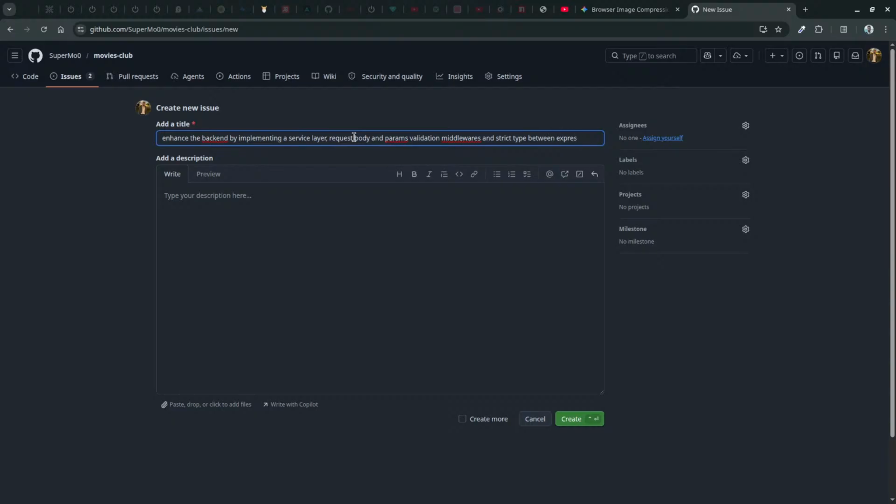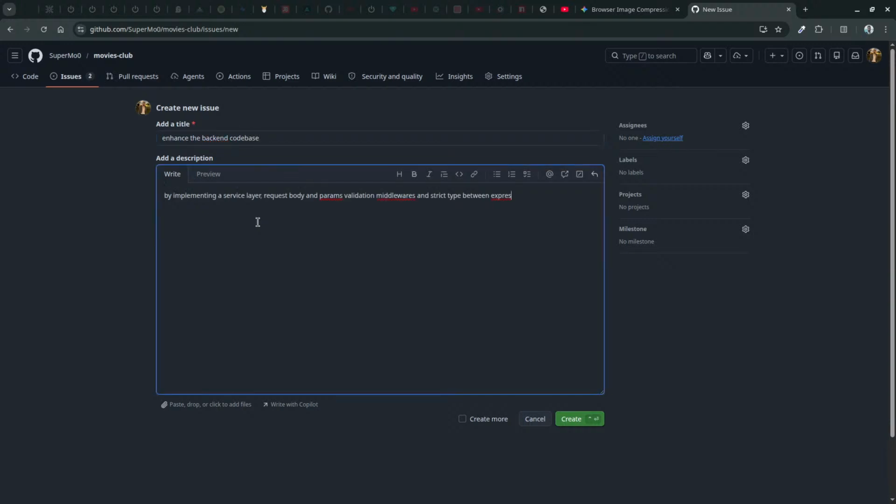Express, enhance the backend pages. Implement a service layer for Prisma queries.